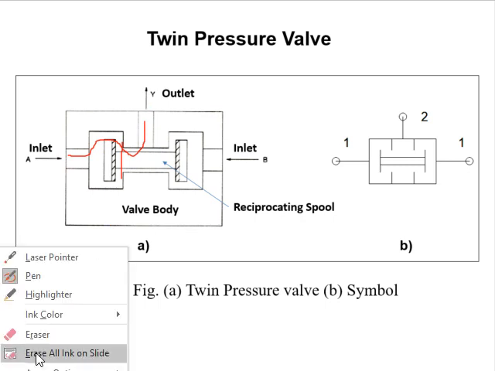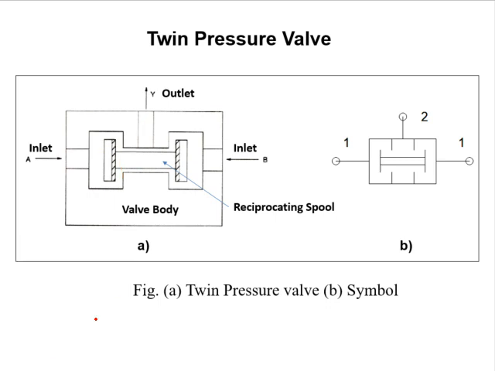In a similar way, let's discuss the second case. Suppose there is pressure only from the B side. When pressure comes from the B inlet, it again acts on this area and tries to shift the valve towards the left side. Now this valve area will rest on this and close the passage going towards the outlet, so there won't be any flow through this line. So if only A or only B is present, we cannot get the output.